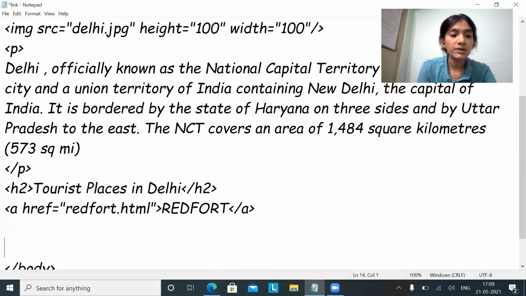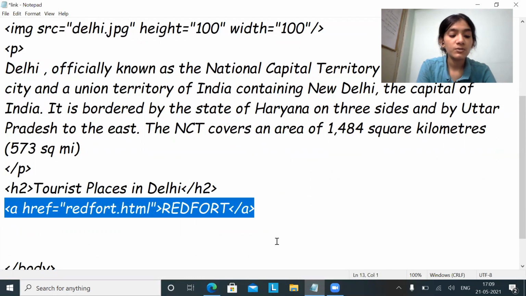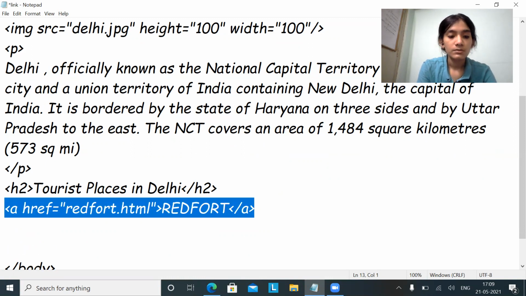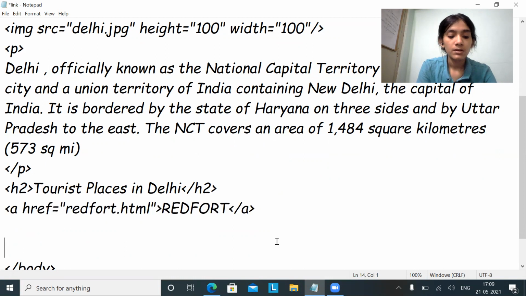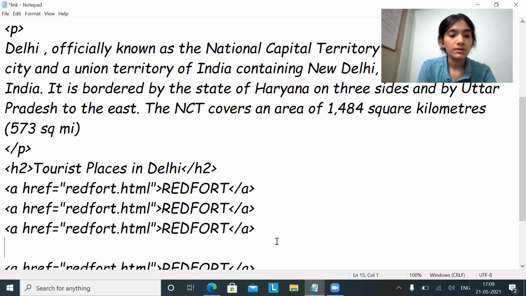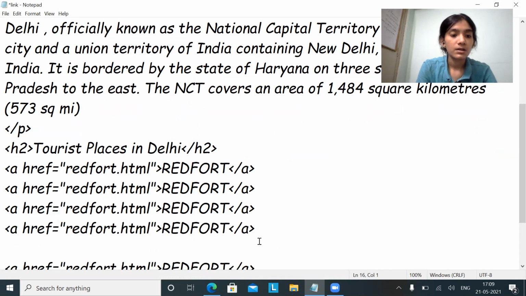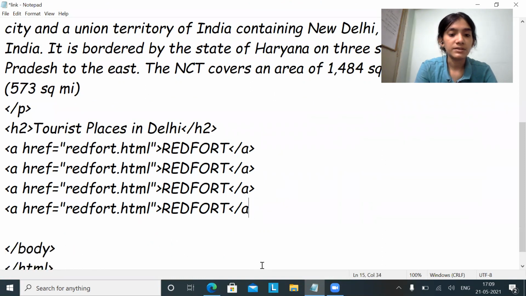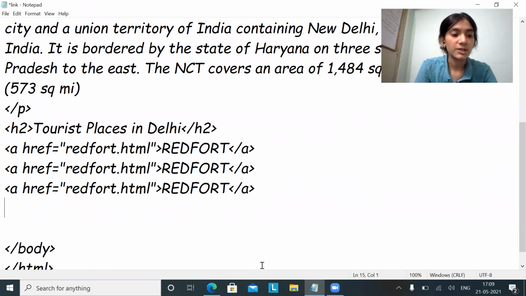What you can do is an easy way: Control C, Control V. Let's take a maximum of 3 files because it will take much time.